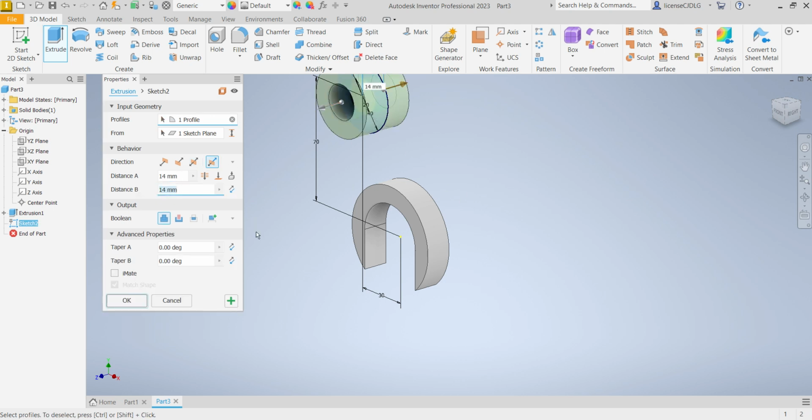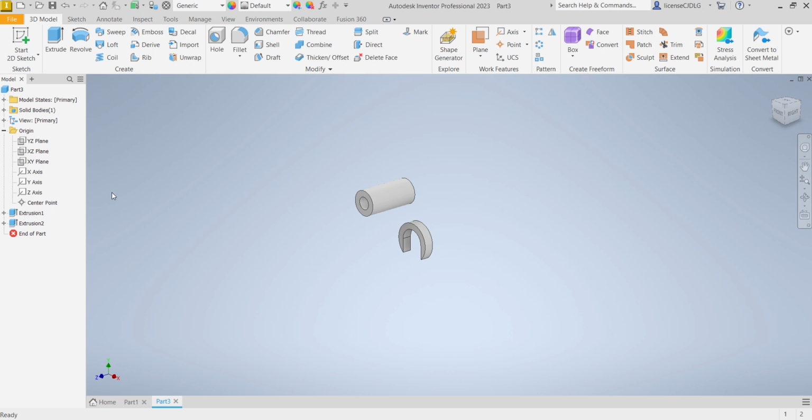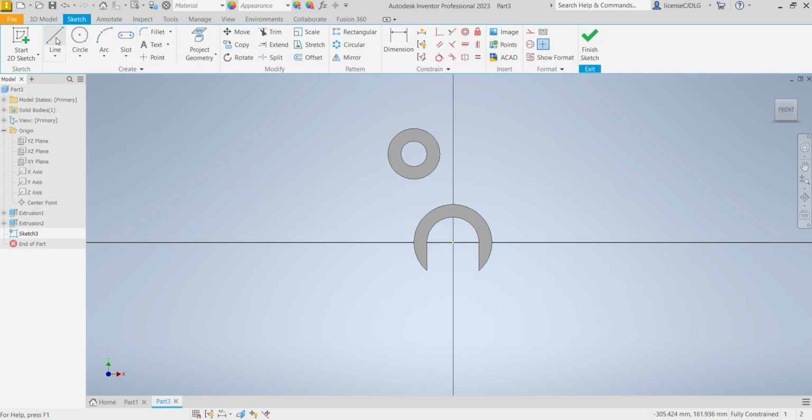One side is 7 mm. This is 73. This is 7 mm. Sorry, reverse that. 7 and 73. Okay. Next select the plane, sketch, select line,